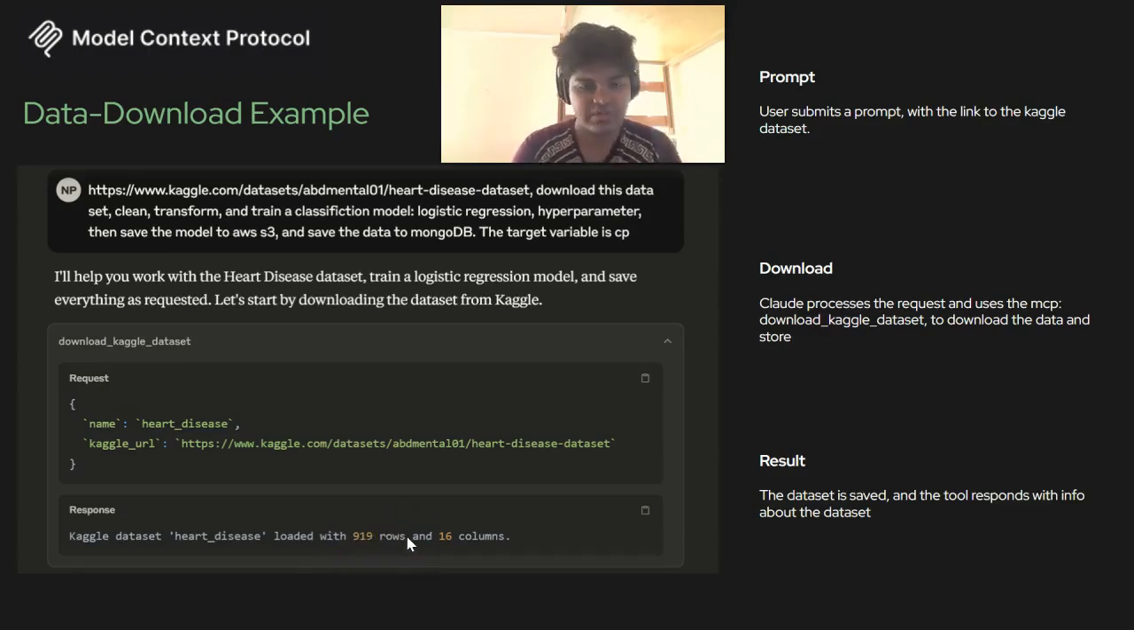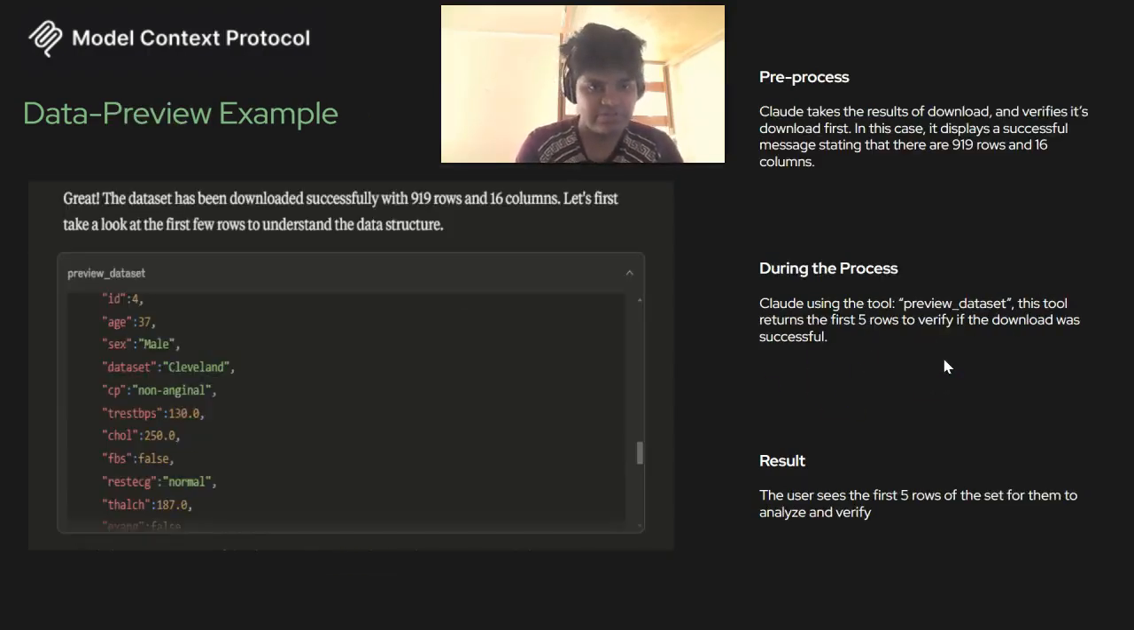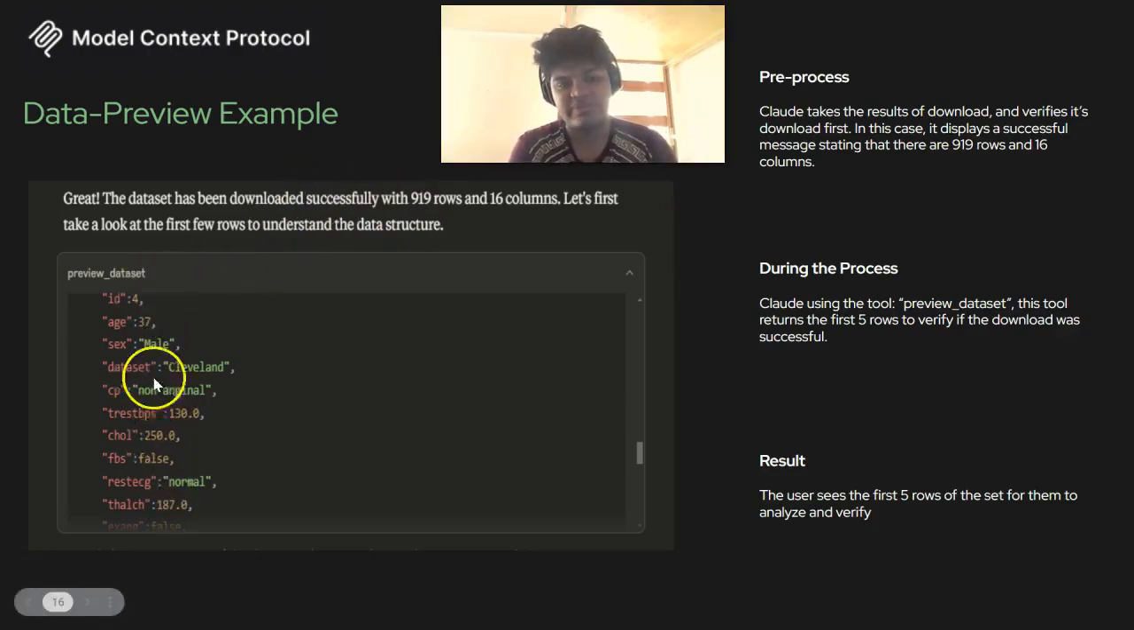So this confirms the dataset was downloaded. Then the next one was preview dataset. Preview dataset will help you confirm whether the dataset was correct or not. Obviously it'll print the first 5 rows of the dataset. As you can see, after that was downloaded, we can see what's in the first 5 rows, and we can see that the dataset was successfully downloaded. So we can move on to the next